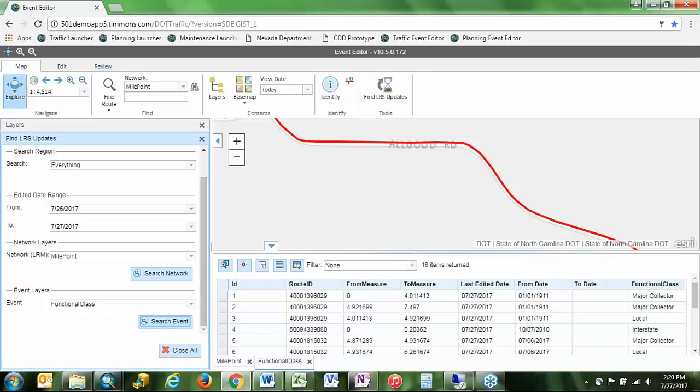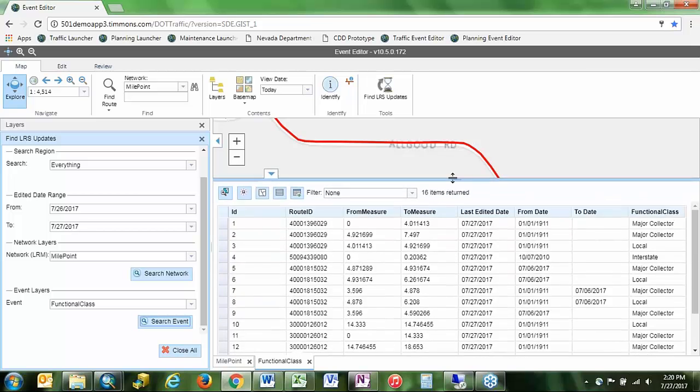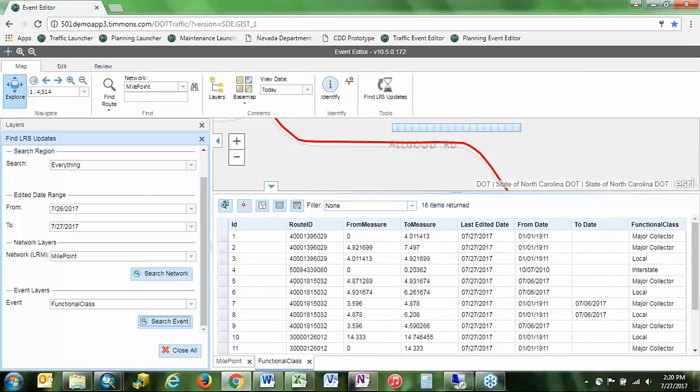We can search that event, and these are the results we get from that. With our date range tightened up, we can see the effects of both the edits I made to the routes and the edits that I made kind of directly through the event editor.